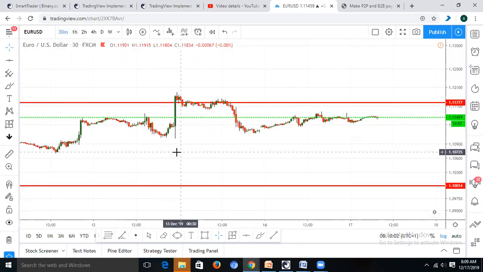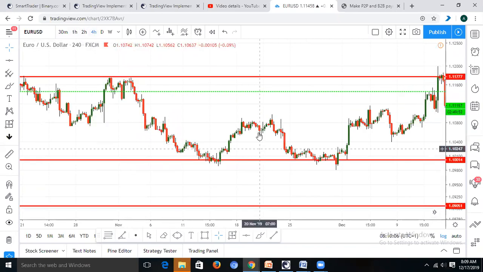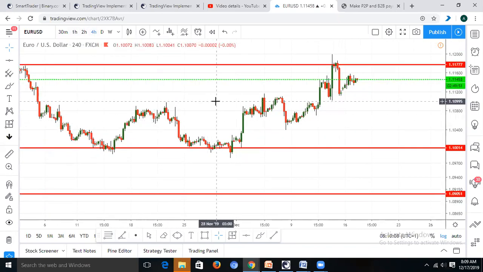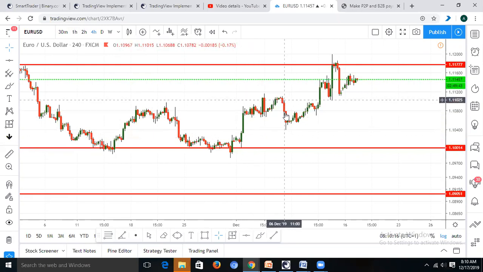They are not using a 30 minutes time frame to draw. They are using 4 hours, daily, weekly to confirm this turning point. Then, when trading, they can enter with a smaller time frame. You understand? Once you have discovered these turning points from a major time frame, like higher time frames, when you